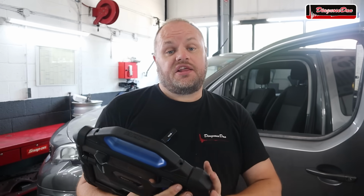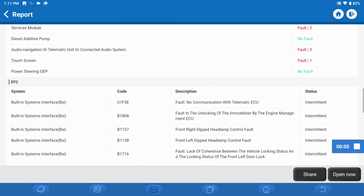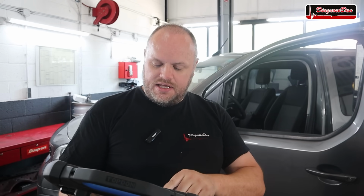While I was talking in the background, I've been running a full diagnostic scan of the vehicle and I have created a report. Now when we take a look at that report, we can see there are quite some fault codes stored, but most of them are intermittent. And when we look at the engine ECU, there are 3 fault codes stored, 2 of them intermittent and 1 is permanent, and that's the fault code I'm actually interested in. And that's the P...